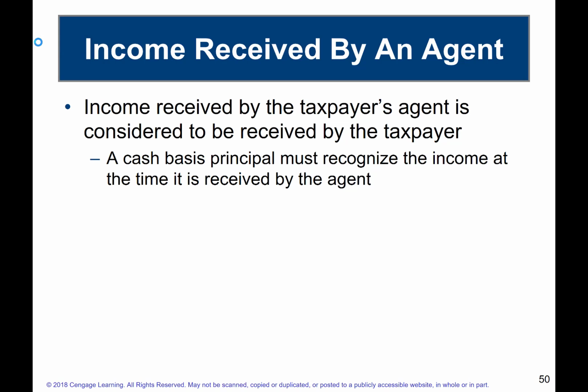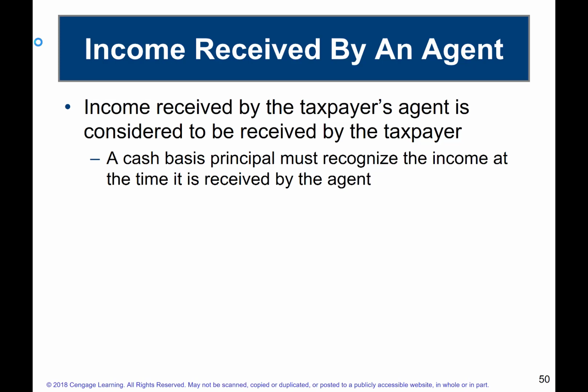Okay, and so when you think of an agent, just think of yourself as a movie star or sports icon or something. What happens? You hire this agent, and your agent goes out and does things on your behalf, right? But the principal, that would be you in that example, the rock star or whatever, controls the agent. So from the tax perspective, since the principal controls the agent, then any monies that are collected by the agent on the principal's behalf are considered what? Income of the principal, right?